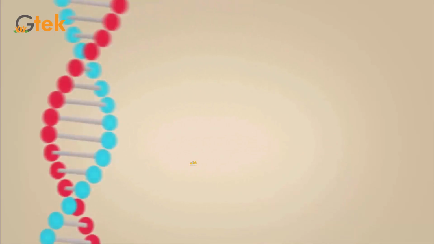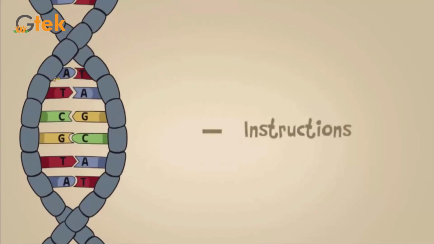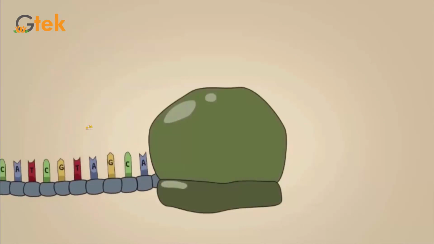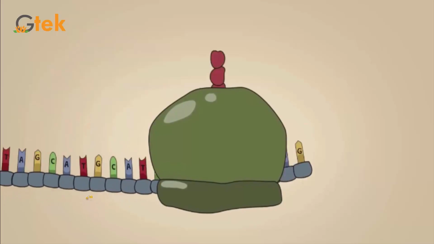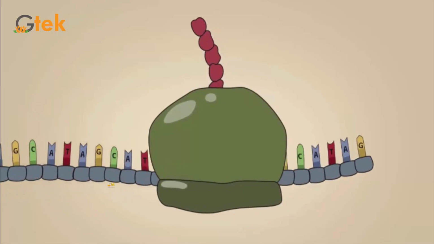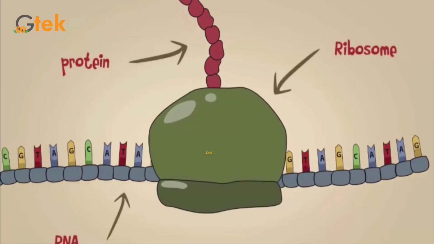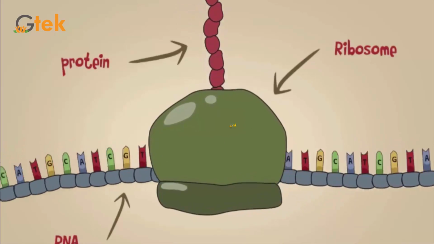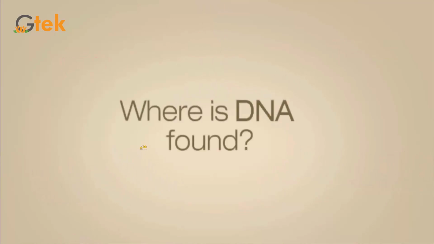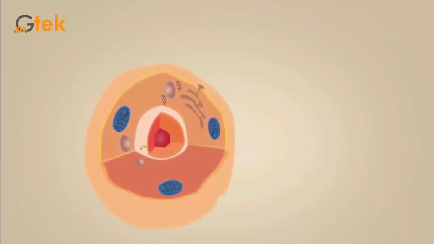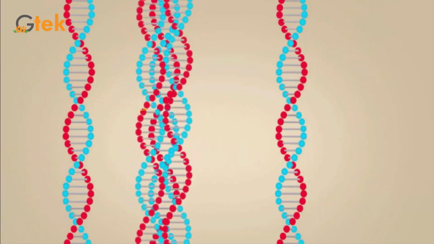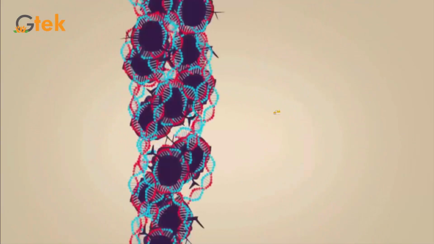What does DNA do? It contains the instructions. You can see AT, TA, GC. This is an RNA. It is transferred to the ribosome and it gives protein. You can see here. So where is DNA found? In the cell structure it contains a nucleus. Inside of the nucleus the DNA is present. You can see the DNA formation here,